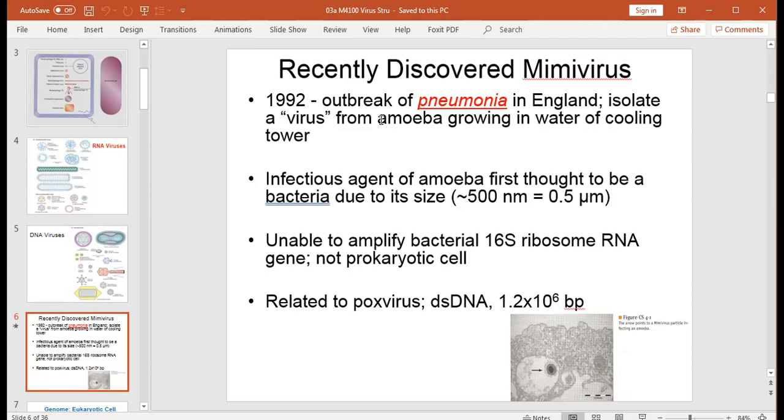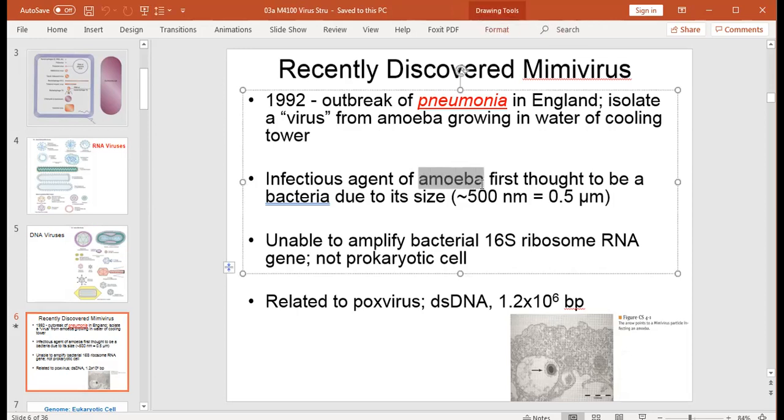So the virus was inside of the amoeba. Initially, they thought that this infectious agent that was isolated from amoeba